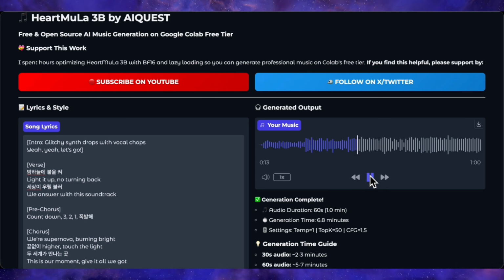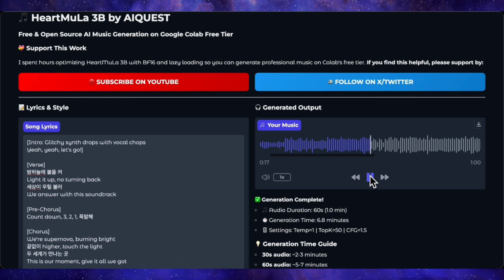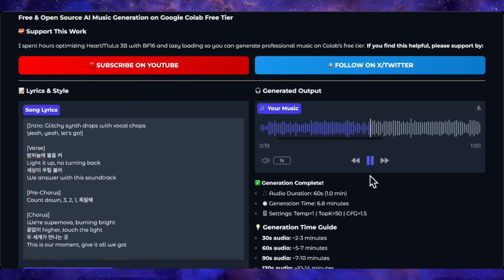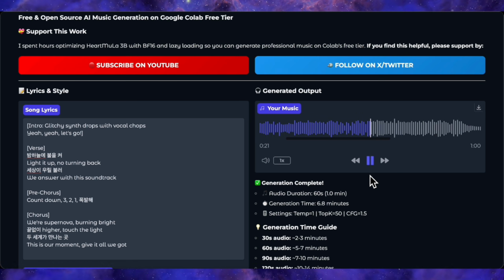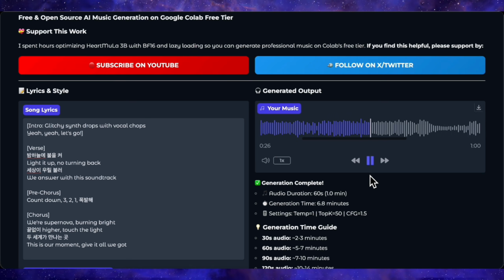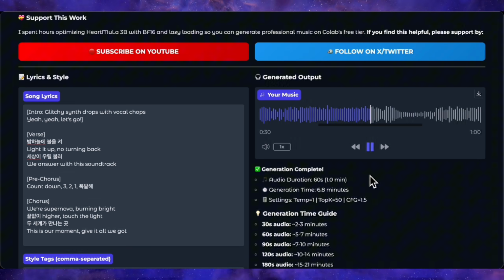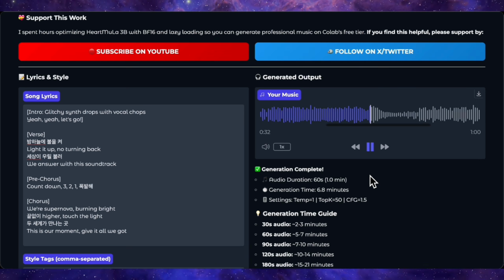밤하늘에 불을 켜 light it up no turning back 세상이 우릴 불러 we answer with the soundtrack countdown 3, 2, 1 pull back we're supernova burning bright 끝없이 higher touch the light 두 세계가 만나는 곳 this is our moment give it all we got